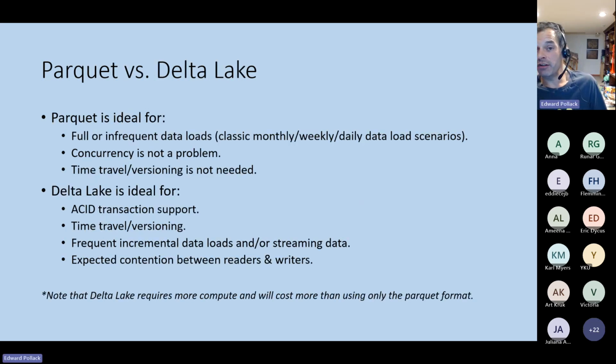So Parquet versus Delta Lake. People are always going to ask, which do I use? Which do I prefer? Why would I do one over the other? Parquet is great for data that is not updated often. Maybe you have the classic daily, weekly, monthly data load, where once a day you go in and dump a mountain of data and then you're done. Parquet is great for scenarios where you don't care about ACID, where you don't care about concurrency,